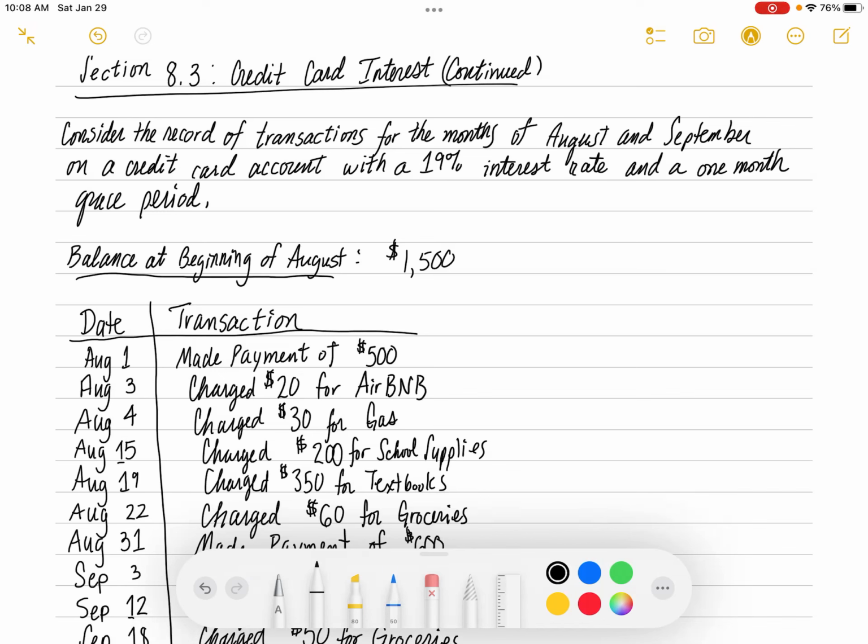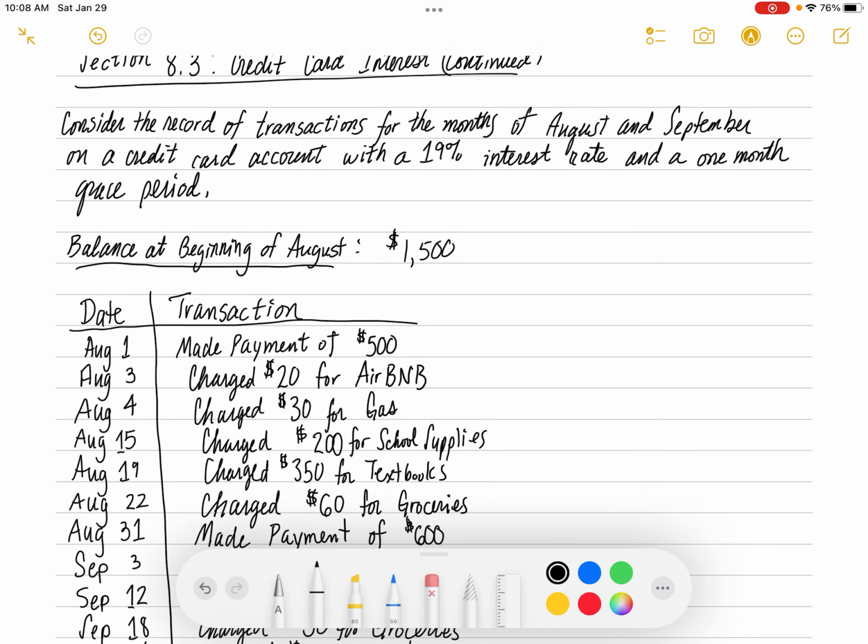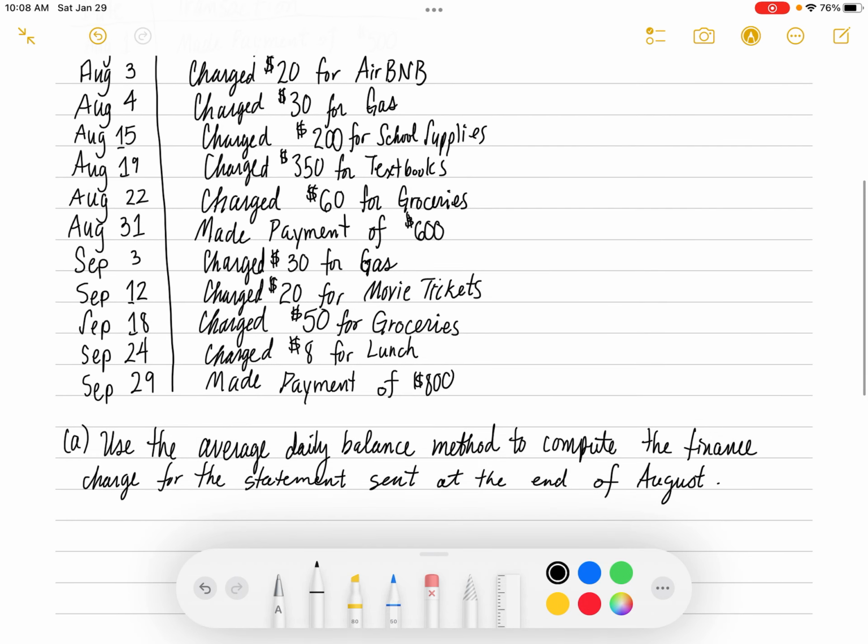All right, so it's section 8.3 continued about credit card interest. Here we have a record of transactions on a statement for 2 months, August and September. We begin with a balance of $1,500 at the beginning of August, a 19% interest rate on our credit card purchases, and a 1 month grace period. So part 1 here, use the average daily balance method to compute the finance charge,